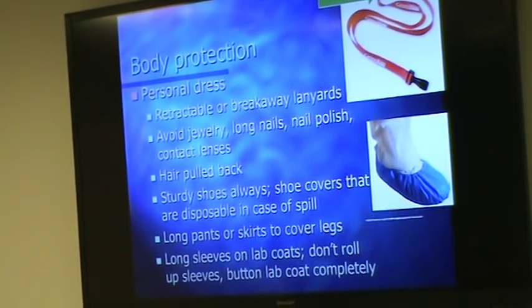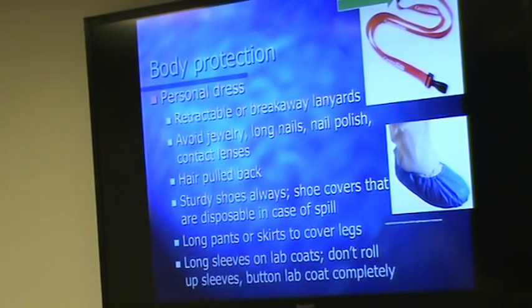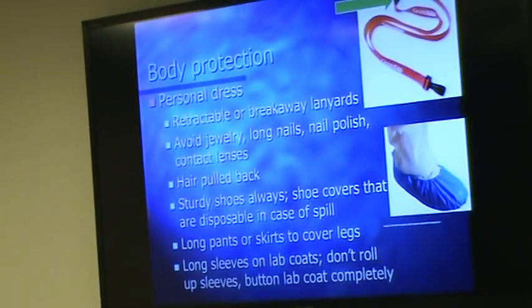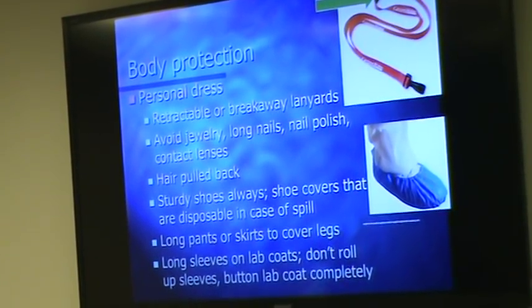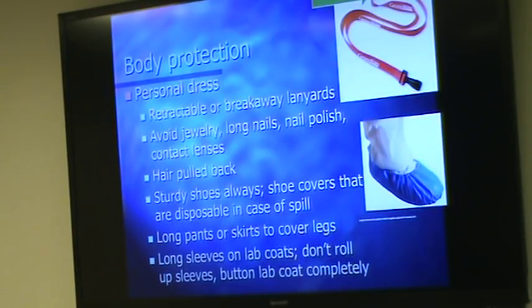Now in terms of personal dress, I'm curious on the lanyards. Anybody have breakaway lanyards? Yeah, you do. So if you have a lanyard that is not breakaway, it can get caught on things, and I've actually had a lanyard that wasn't, and I got it caught a couple times and nothing bad happened to me. But if you're near a centrifuge or something, that really can catch that lanyard. So if you have a choice, get one of those breakaway lanyards. Avoid some of the things that I said: jewelry, long nails, nail polish, contact lenses. Hair of a certain length should be pulled back, which probably everybody does. I couldn't stand to have my hair in my face when I'm working anyway. I don't know who would do that, but